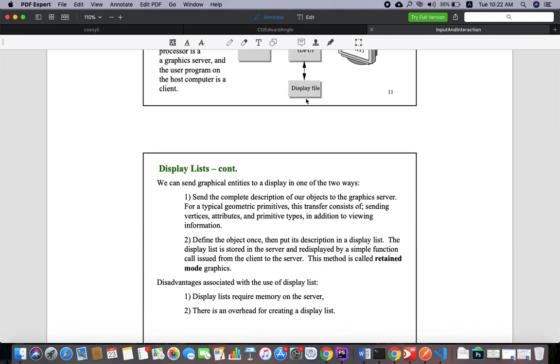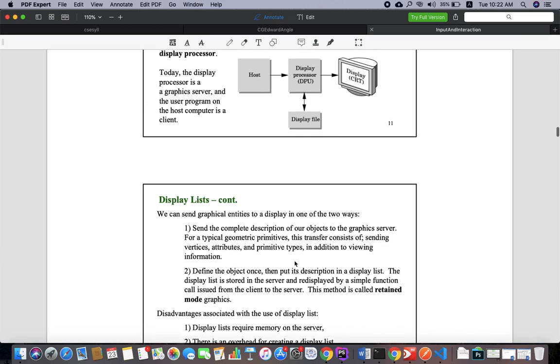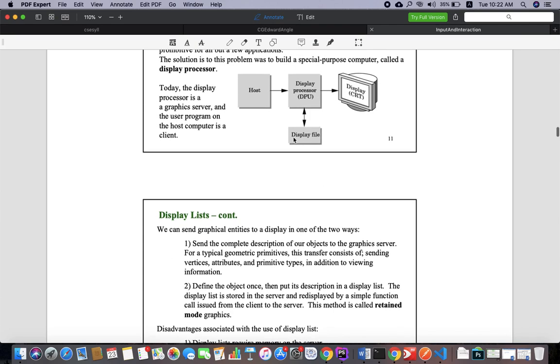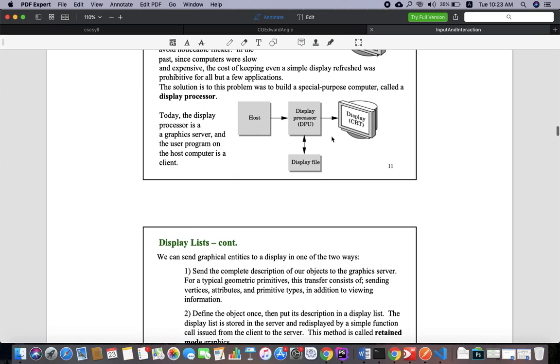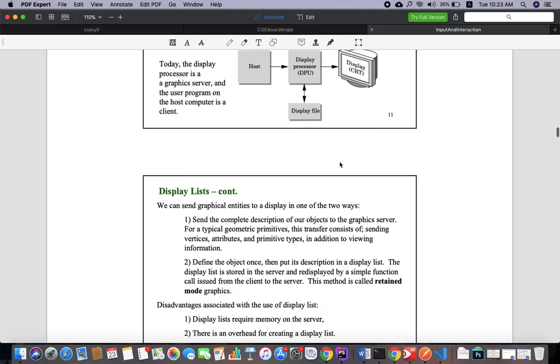The display list is stored in the server and redisplayed by a simple function call issued by the client or the server. So once the object is defined inside a display list, it will be redisplayed using a simple function call, and that is what we call retained mode.